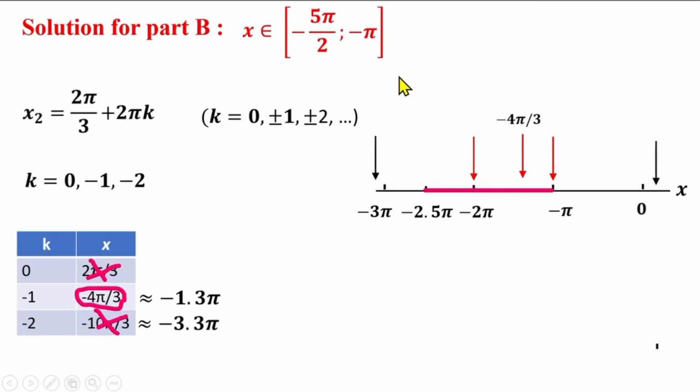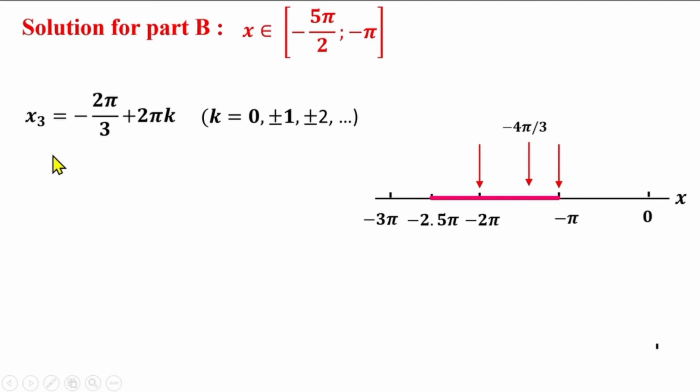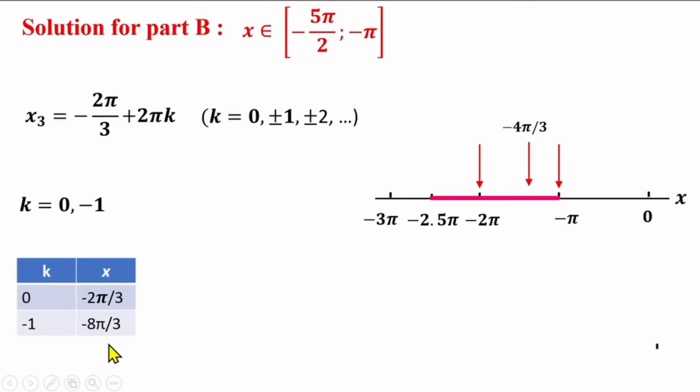And finally we go to analysis of the third root, negative 2 pi over 3 plus 2 pi k. We select k equals 0 and negative 1. It is enough. Calculate x. For k equals 0, we have negative 2 pi over 3. It is somewhere here, outside the interval. For k equal negative 1, we have negative 8 pi over 3, approximately negative 2.7 pi here. And